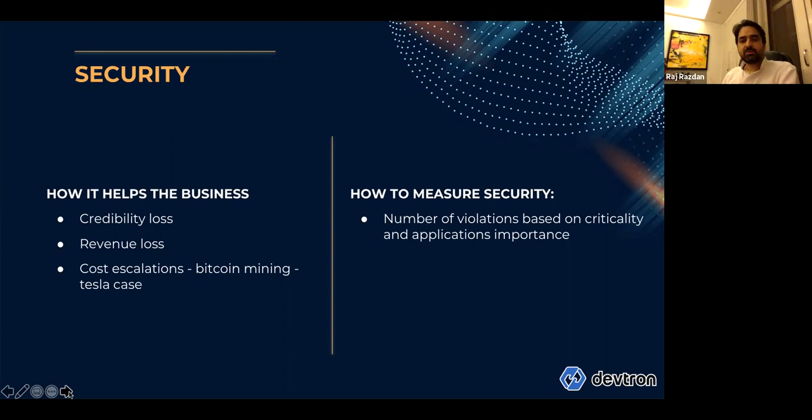Is the global database of CVE or vulnerabilities available so that they are measured as well as traced well in time, alerted in real time and can be adhered to